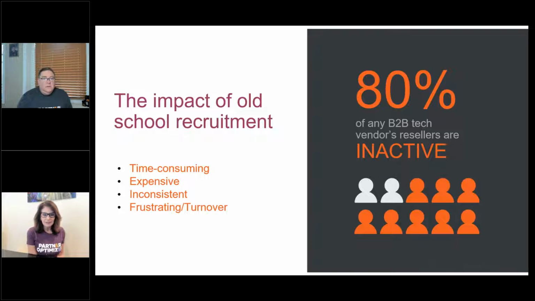When you look at this slide, I think this is pretty much a known fact in the channel: there's an 80-20 rule. There's even a company named The 20, which is focused on the 20% of managed service providers, for example, who are the most active. But 80% of the partners you recruit have historically been inactive, and it doesn't have to be that way. It's a quality over quantity perspective, and a strategic direction or initiative to take.